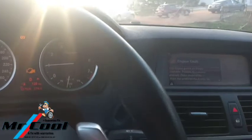So here right now, as you can see, I'm driving, and there is nothing I can do right now other than to drive gradually and get it to my garage where I'm going to fix the issue. In order not to cause more damage to the car, this is apparently a sort of limp mode. And like I said,